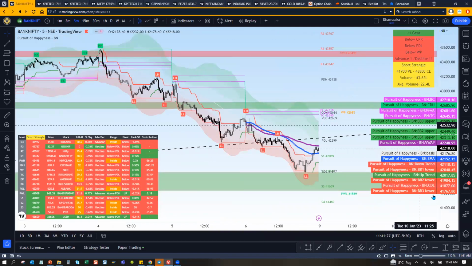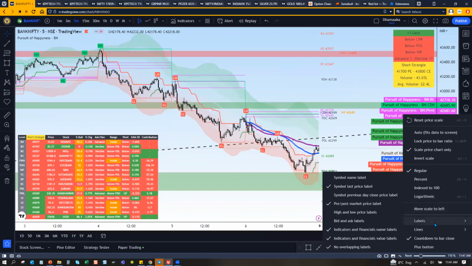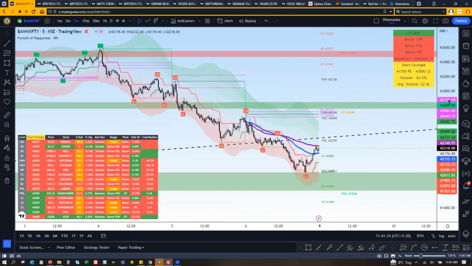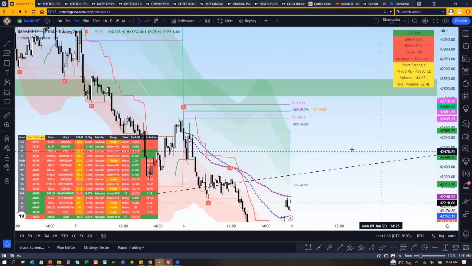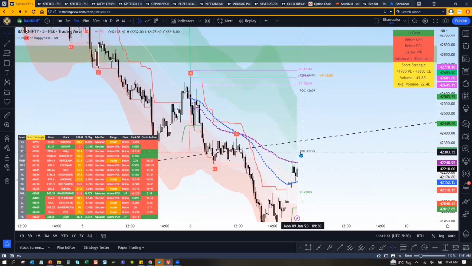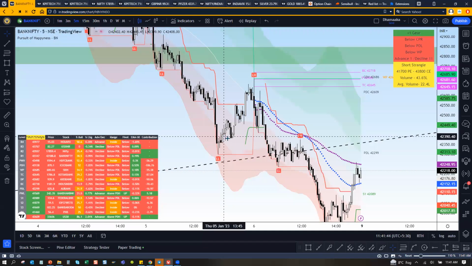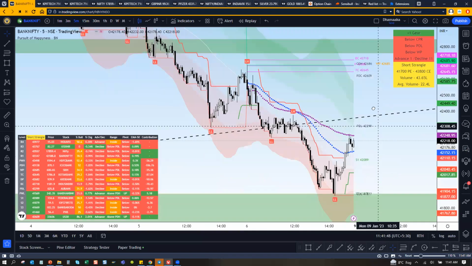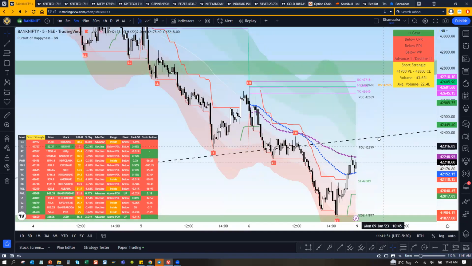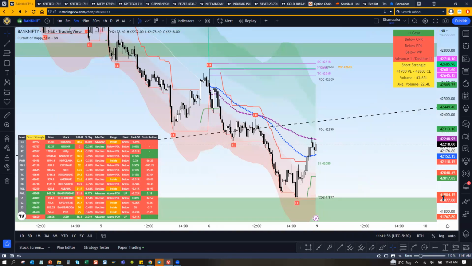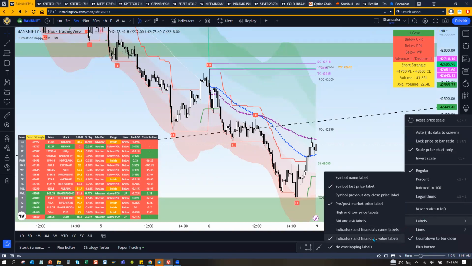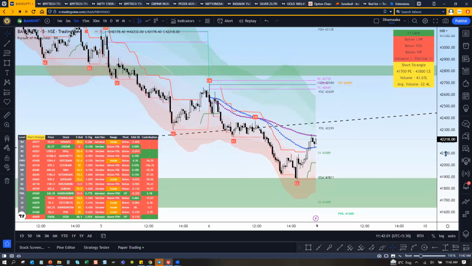All the labels. But I never want this much stuff on my chart. Just get rid of it. Say for example, I have already set it in the chart itself that this is the PDL, previous day low. Okay, I'll explain this indicator later on when we deep dive into the premium indicator discussion. PDL, previous day close, current day high, and all this stuff. I don't want so many prices on the right. You can disable that as well. Okay, they'll all be gone.